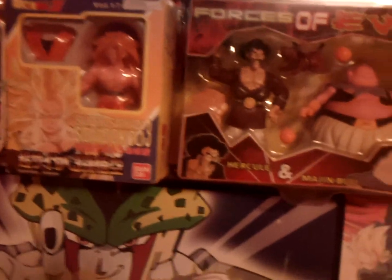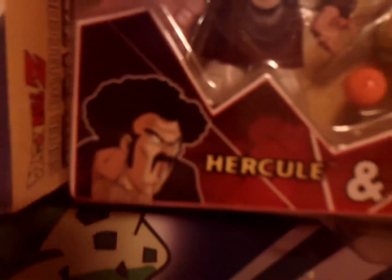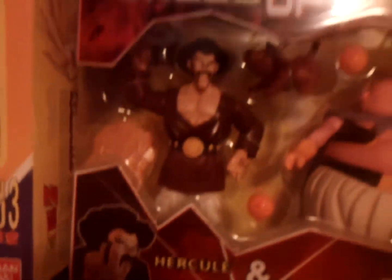And then over here, I never understood this, Forces of Evil. When was Hercule ever considered evil? And then you have Majin Buu and B. And it's kind of funny. Aside from Majin Buu, and I guess the B and Deborah cookie,